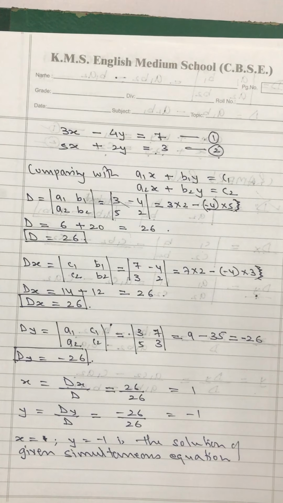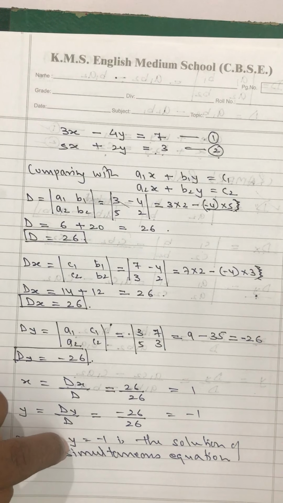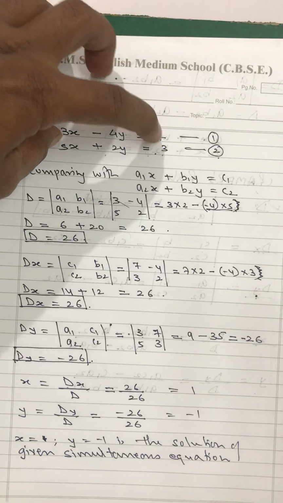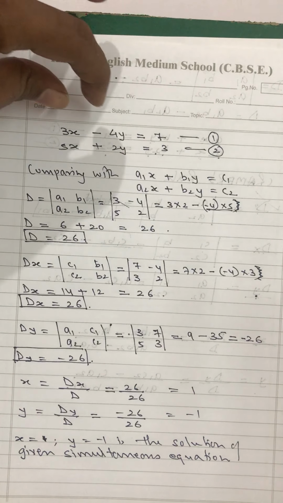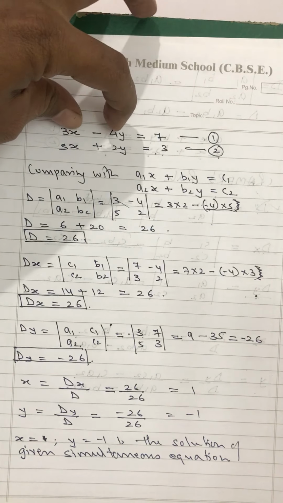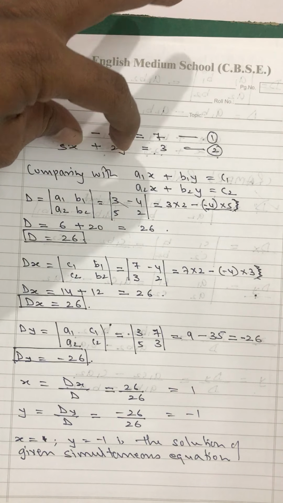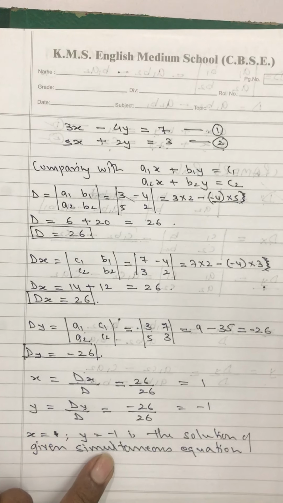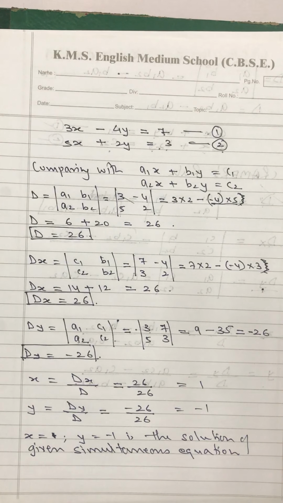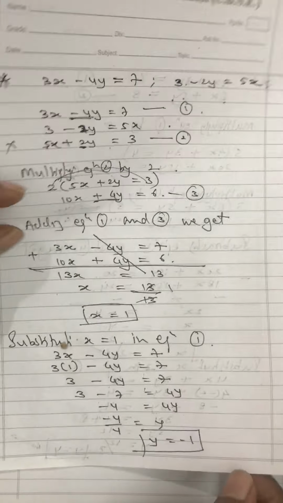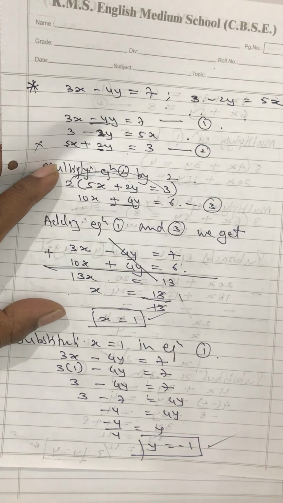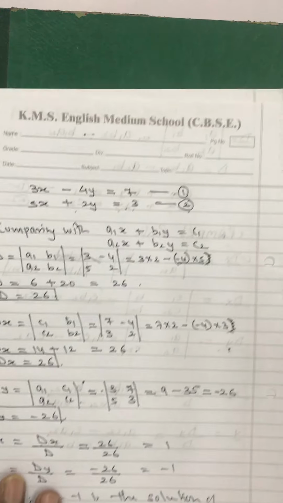X and y are the solutions because if you substitute these values of x and y in the left hand side of both the equations, you will get 7 satisfied. Same values of x and y substituted over here, you get 7. Same values of x and y substituted over here, you get 3. So x is equal to 1 and y is equal to minus 1 is going to satisfy both the equations. So in this way, my dear students, here also we have got the same answer, x is equal to 1, y is equal to minus 1. Okay, my dear students. So in this way we have finished with this also.